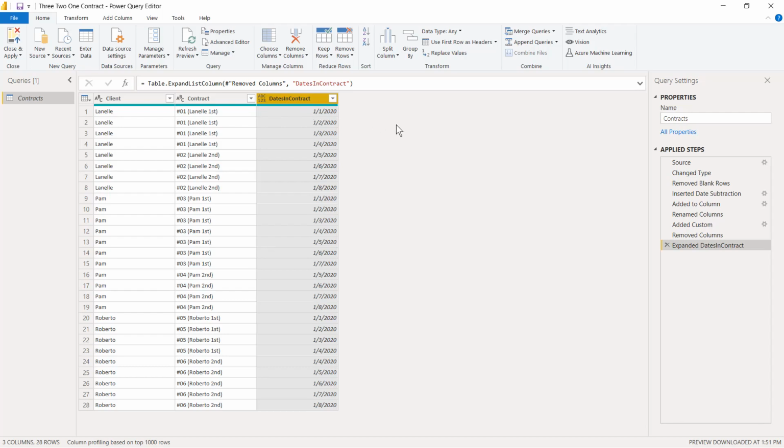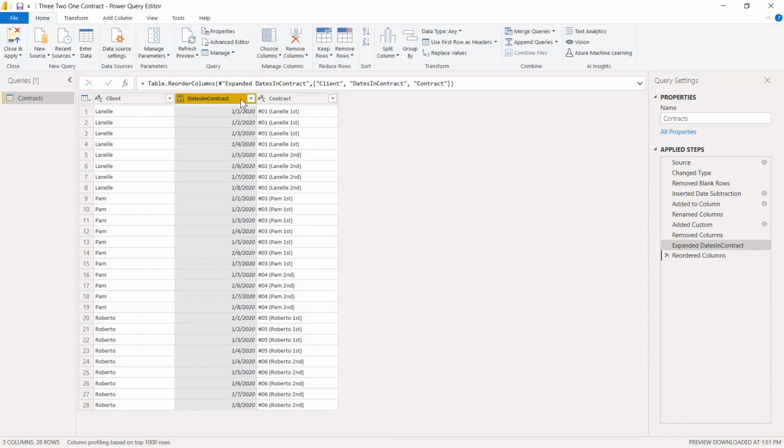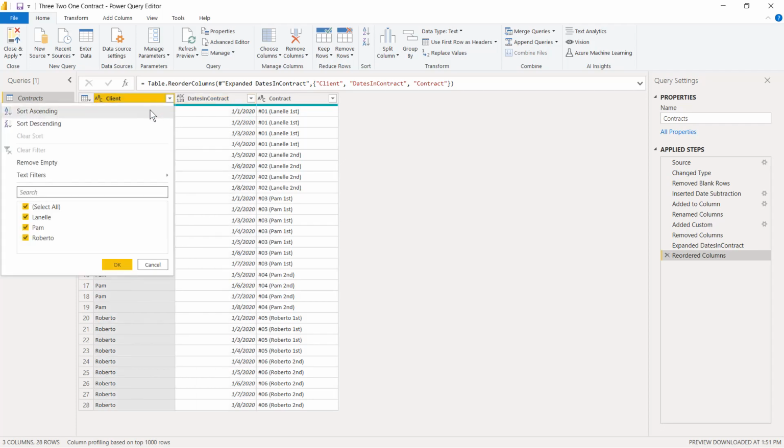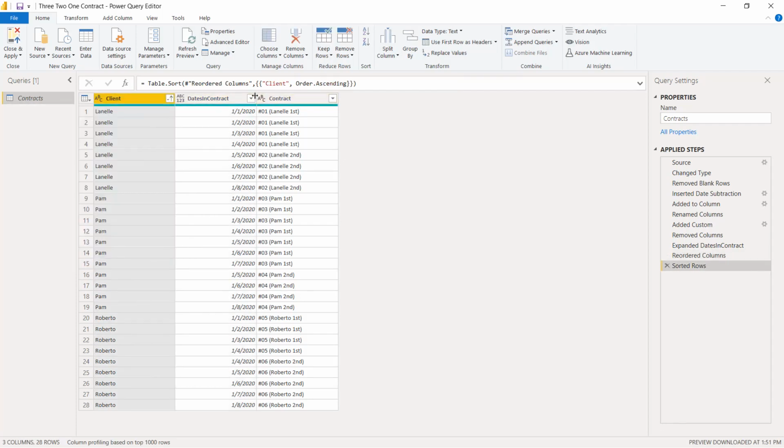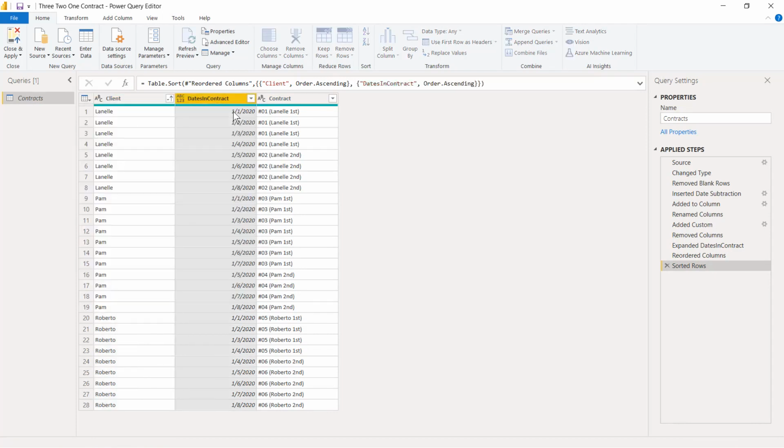So what I'm going to do next, you actually don't need this to process the query, to do the work, but to help us understand, I'm going to rearrange these things and do some sorting. So I'm going to take dates and contract, and I'm just going to left drag it in between these two guys right there, right? And now, again, you don't have to do this part, but just so we can understand what's happening a little bit better, I'm going to sort by client, sort ascending. I'm going to sort by date, sort ascending, and I'm also going to sort by contract, just because why not,